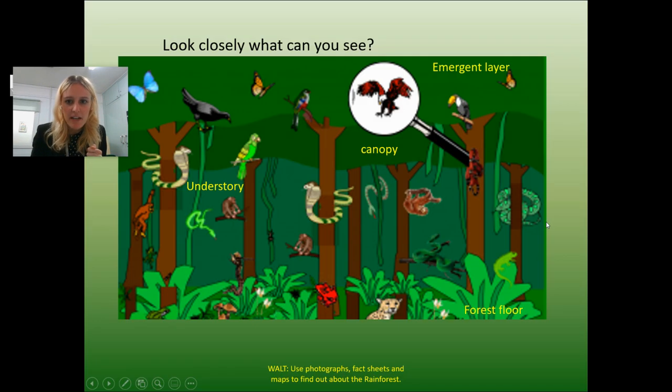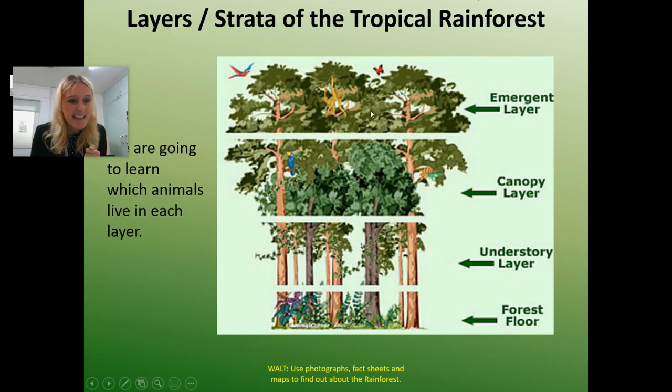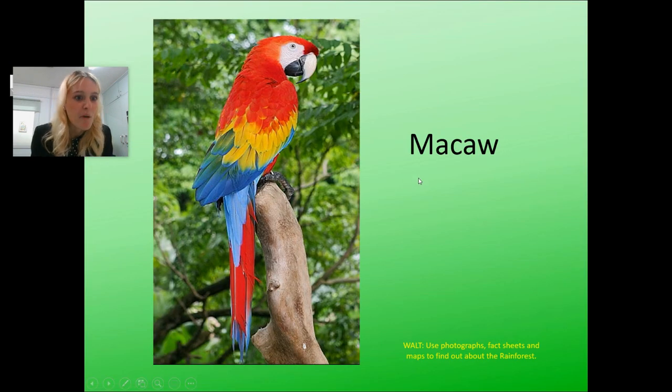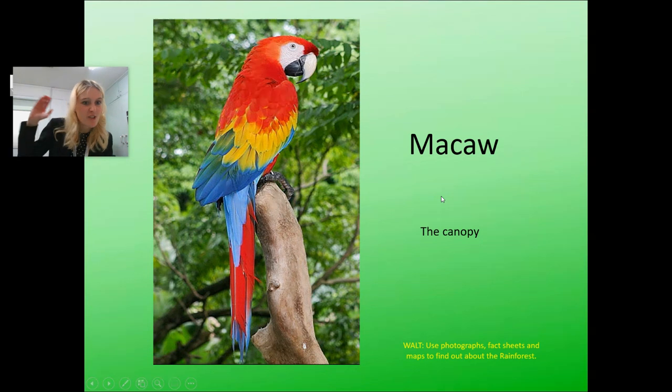So if I go back, he lives in this one here. He likes to be tall up in the trees, swinging from the branches and being able to oversee the rest of the rainforest. You might have thought that he might be in the canopy layer. He probably goes from one to the other, depending on what he's doing. The macaw. Where is a bright bird like this? You're going to find that in the canopy, so right in the tops of the trees,